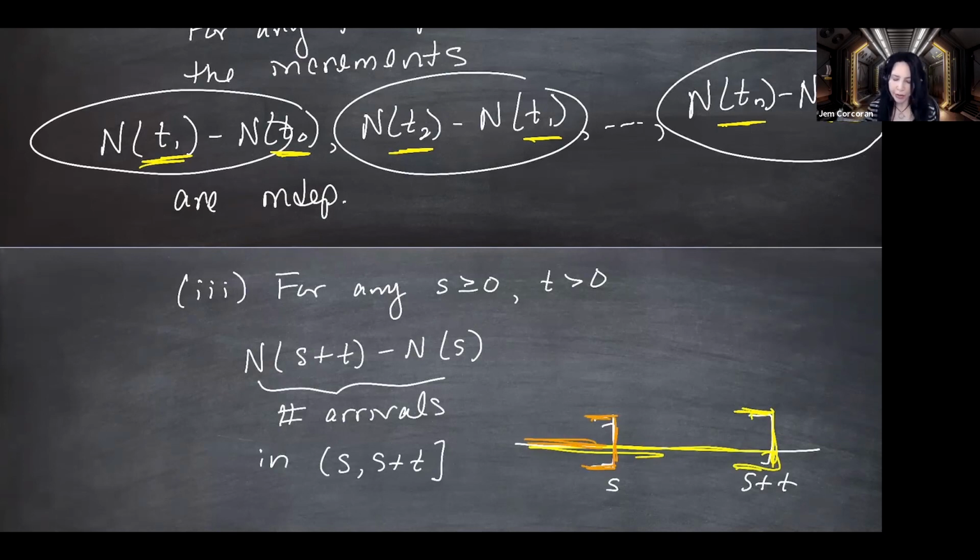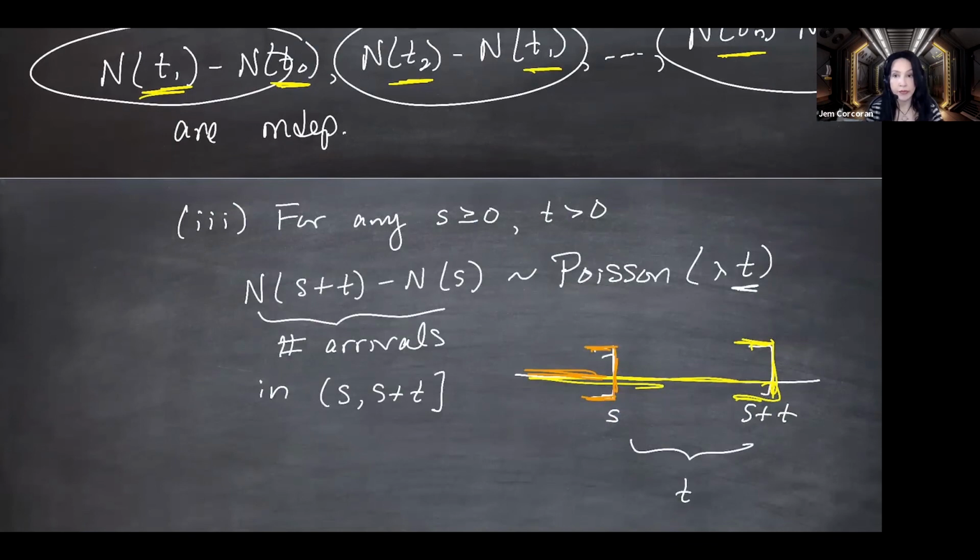Okay, but I never stated property 3. So here it is. This has a Poisson distribution. And the parameter, so at the beginning of this definition, I said we're defining a Poisson process with rate lambda. And this now is a Poisson random variable, and it's lambda times t, and t is the length of the time interval. So bigger time interval, higher rate in that Poisson process, you're going to get more arrivals if you look at a bigger interval than you do with a smaller interval. This is definition 1. Everybody okay?